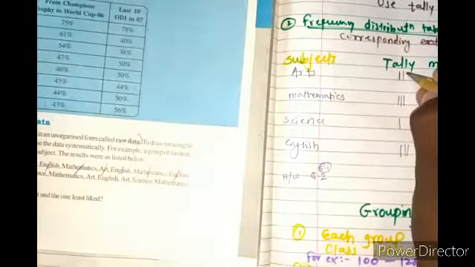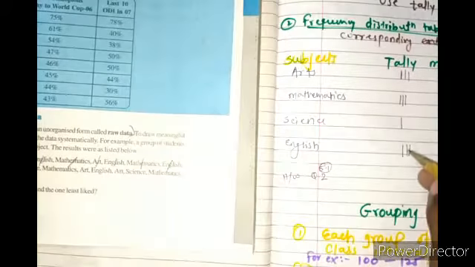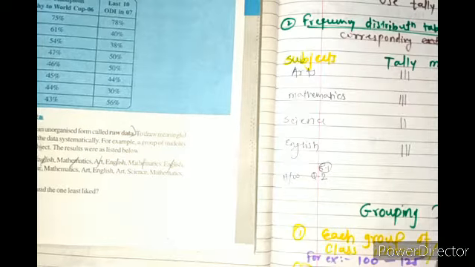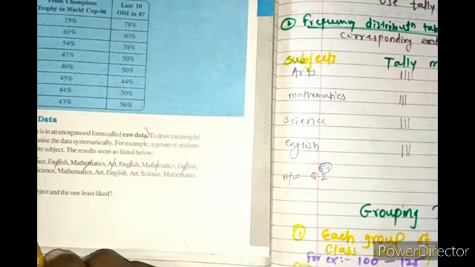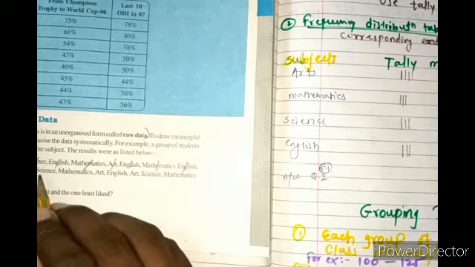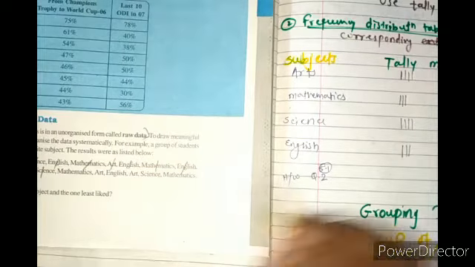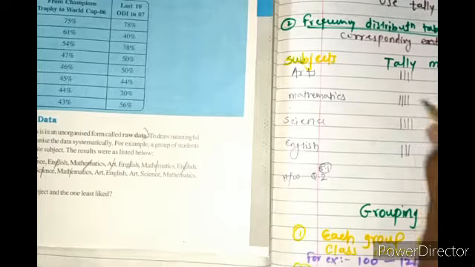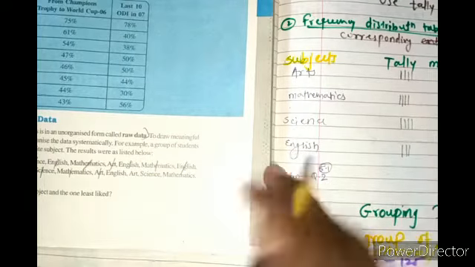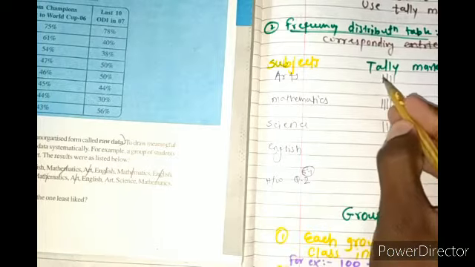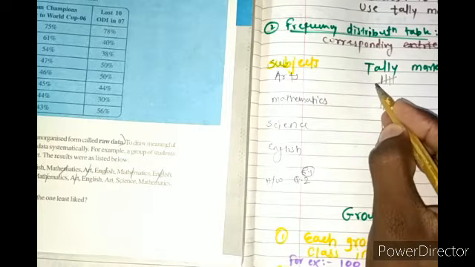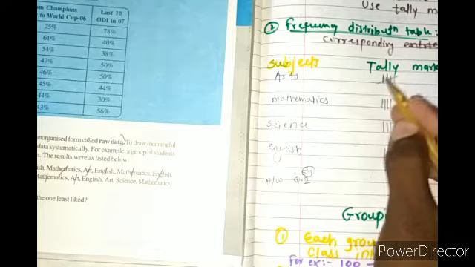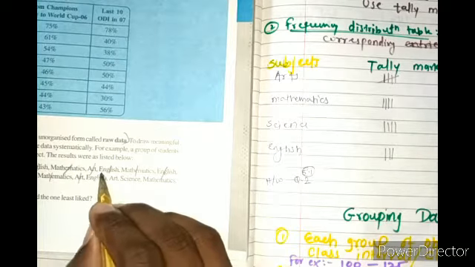So I will make it in art. In science, again I will do it in science, right? After that again art, again science. After that again science, then maths, then again art. So see here, when there are 4 tally marks and the 5th tally mark comes, then we put the 5th tally mark crossing these 4, right? This means how many tally marks? 5, right? Now English,